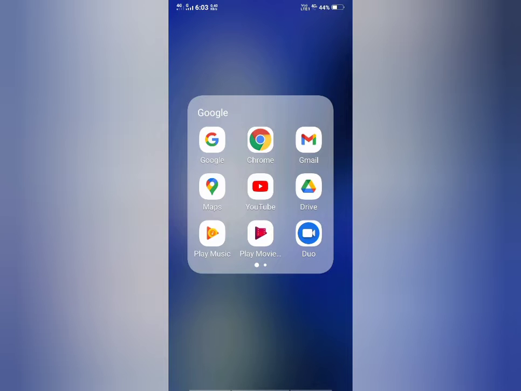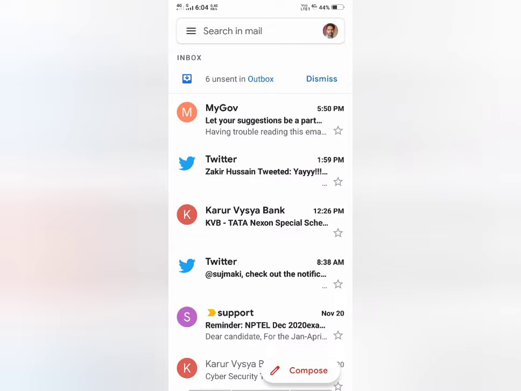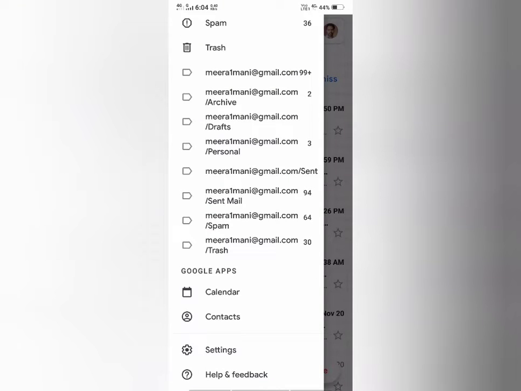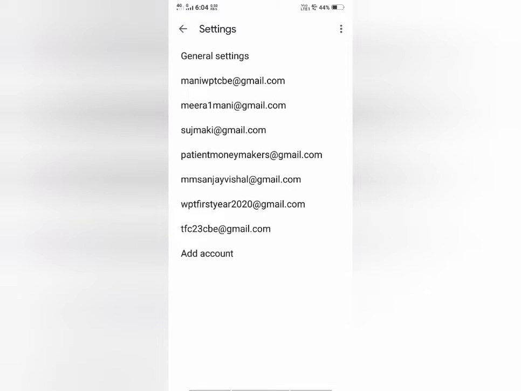That should be there. So see here on the screen of your phone, the third one, Gmail. It may be anywhere, but here you see the Gmail icon. Just click it, then it will show the mails. Then on the left side you see the accounts connected with your Gmail app. There you can select any one of your Gmail accounts. Suppose you have only one, no problem, you can select that.